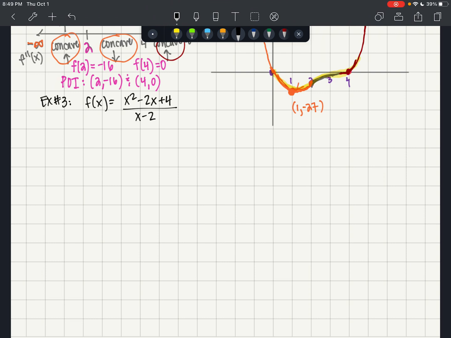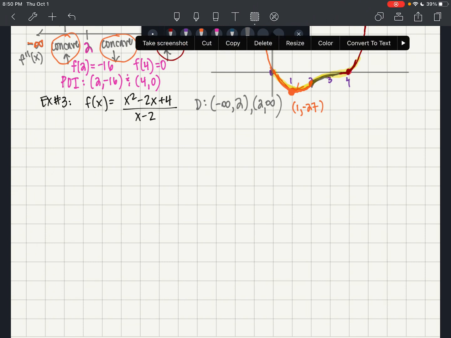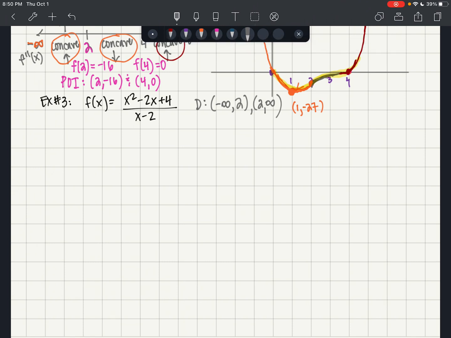So when we look at this function right here, x squared minus 2x plus 4 over x minus 2, we know that we have a restriction in the domain: x cannot equal 2. So our domain goes from negative infinity to 2, and then 2 to infinity. Okay, our range